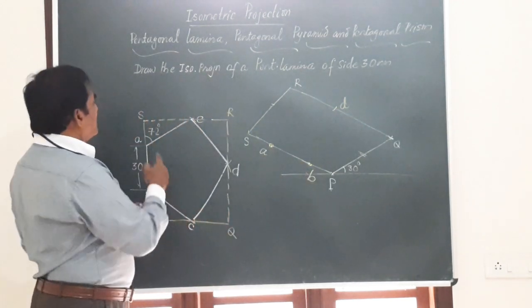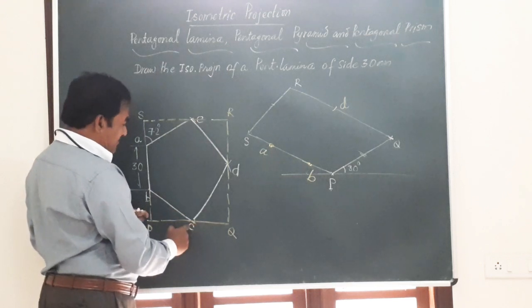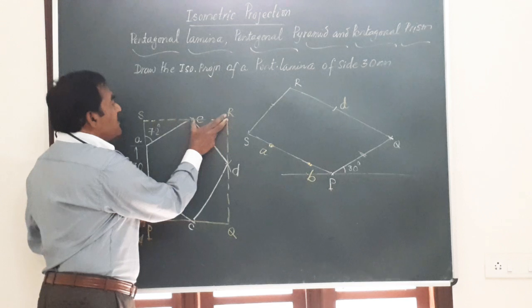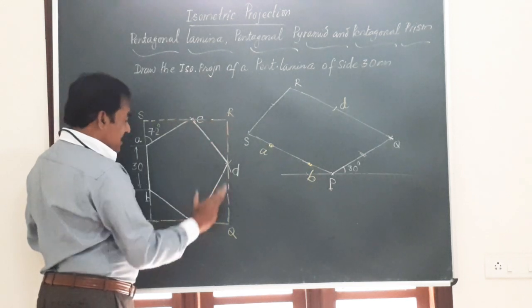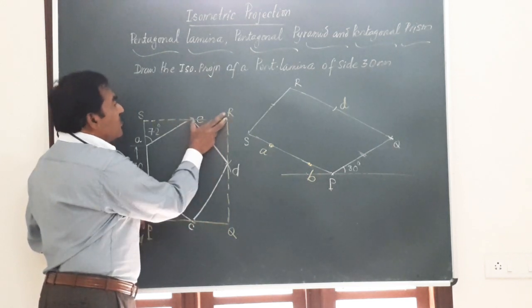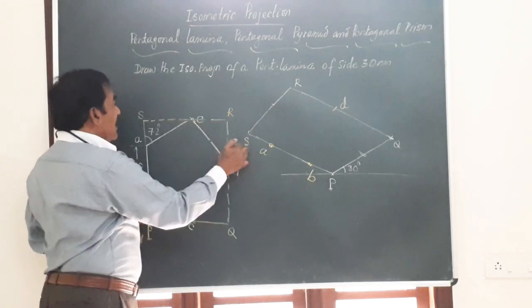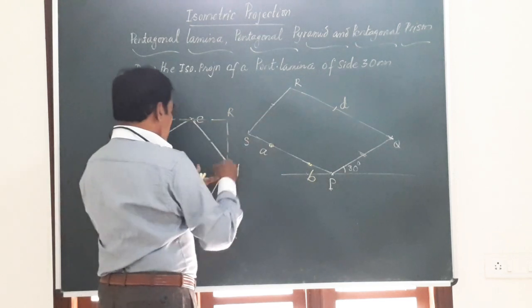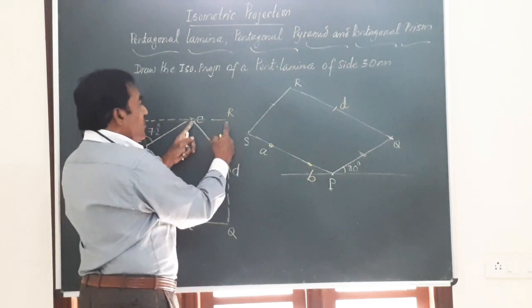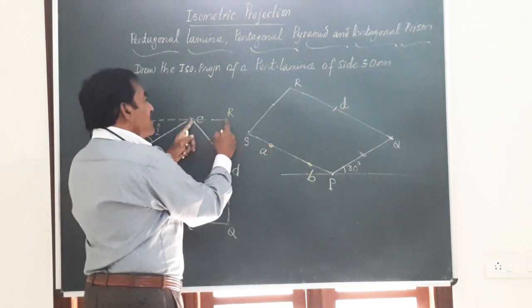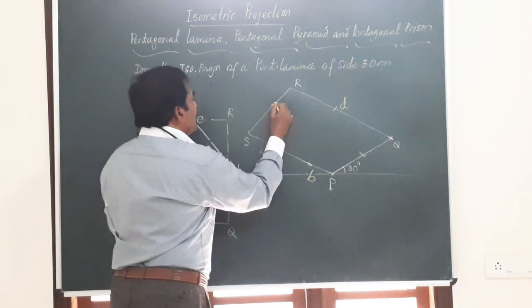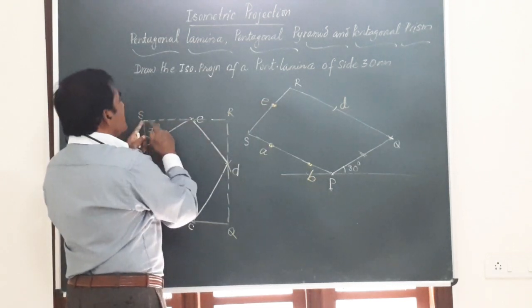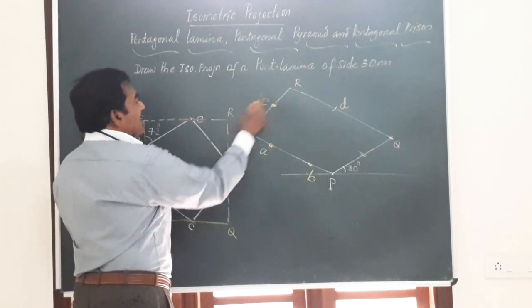And if you observe this E and C, QC is equal to RE. So whatever length you get, either RE or QC, convert that to ISO, take it on RS, that is E. E is on RS at this gap, convert it to ISO. Whatever measurement you have got here, take that measurement, convert that to ISO and put that value here. So this is going to be your point E. E is on SR nearer to R.